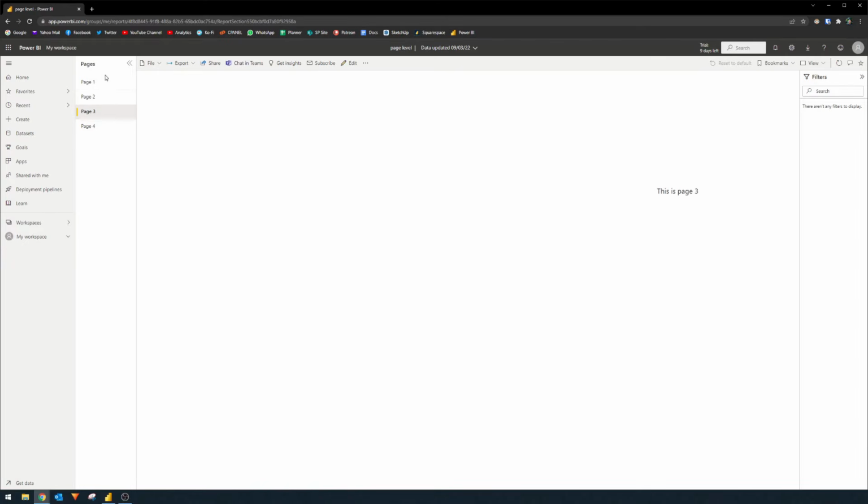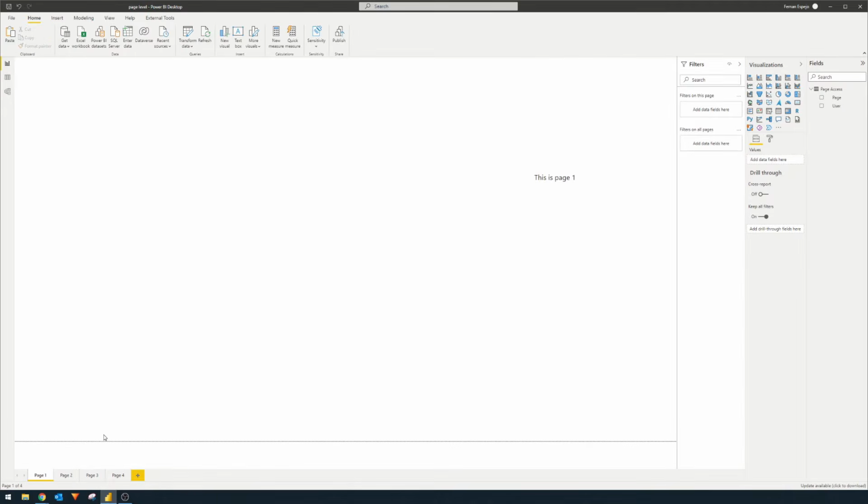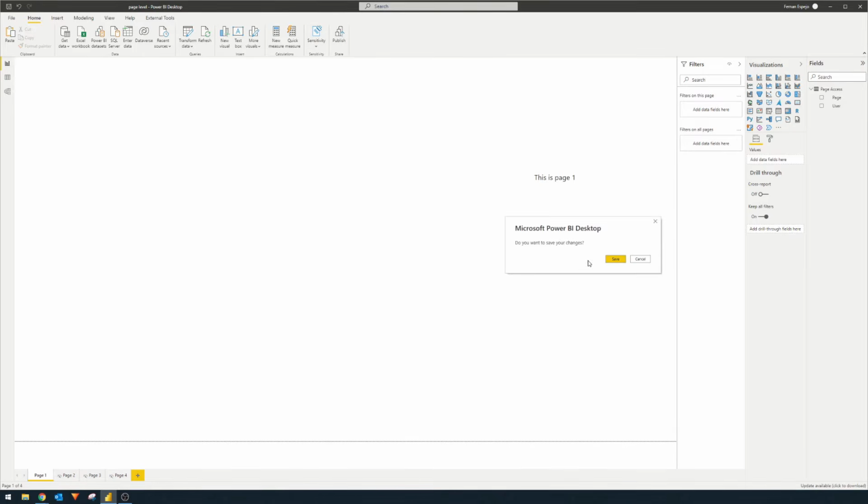So the first thing that we'll need to do is to hide this pane altogether. And that is actually a pretty simple task. You just need to make sure that only one page is visible, or not hidden, in your Power BI Desktop before you publish it, and that will hide all of those panes completely. So if we hide pages 2 to 4 and keep page 1, the landing page, as the only one visible, and you'll notice you can't hide the last one, so you need to have at least one page visible for everyone. If we save it and then publish it once again,